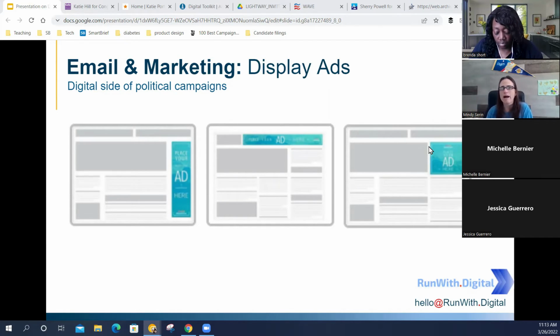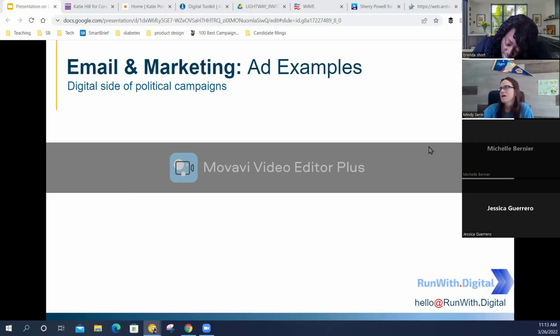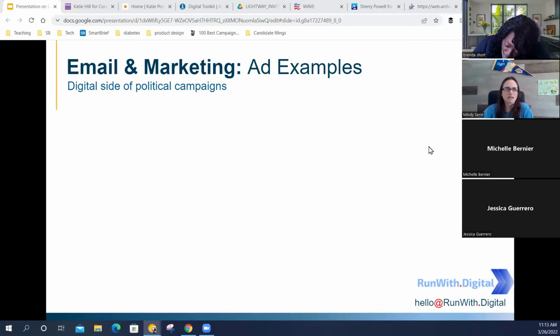So I know what ads work well with which demographic for the people who are going to vote. And then down the road, I'm going to send the ads to people who have probably 50% or higher likelihood of voting. You do not want to spend money on someone who's not going to vote. So some ad examples.